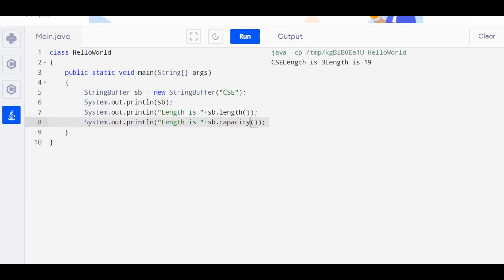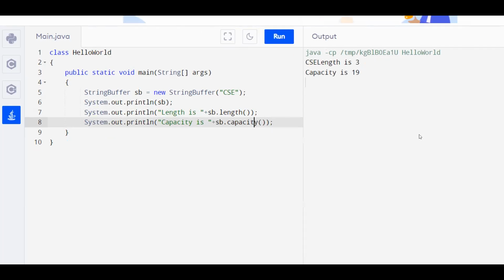You can see the length is 3 and this is the capacity. Capacity is 19. You can see CSE, length is 3 and capacity is 19.